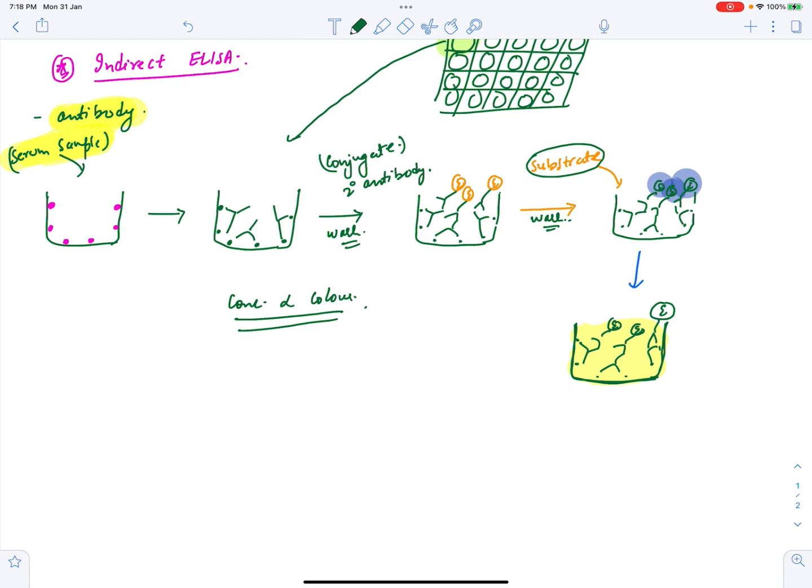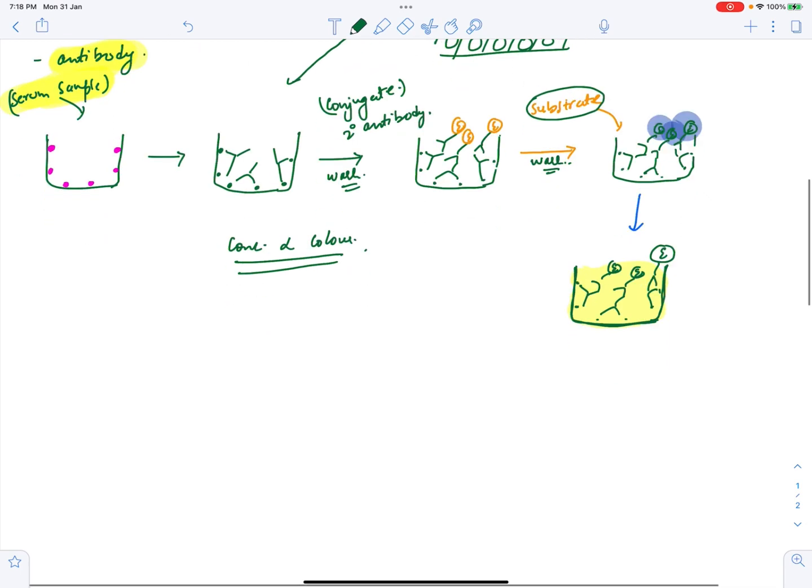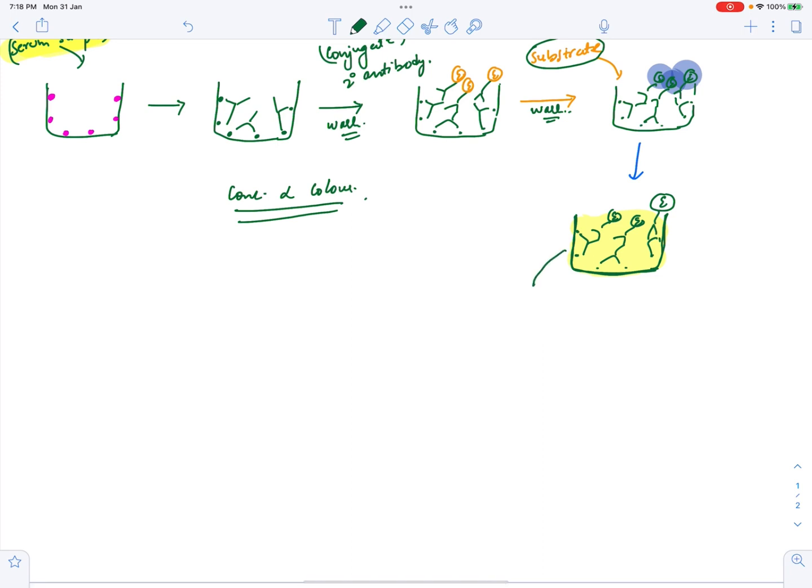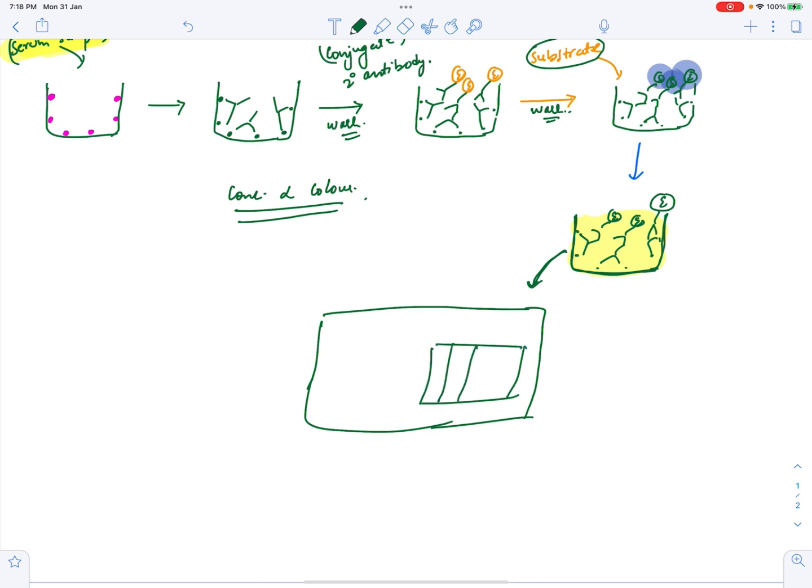The amount of colored reaction product that forms is measured by spectrophotometric plate readers. Okay, so after this color has been formed, this well is put into the spectrophotometric machine. It is actually similar to colorimetry. We use a spectrophotometric machine in which we place the ELISA plate. After placing the ELISA plate, you get different colors, and the concentration of any marker can be measured depending upon the color which is produced.